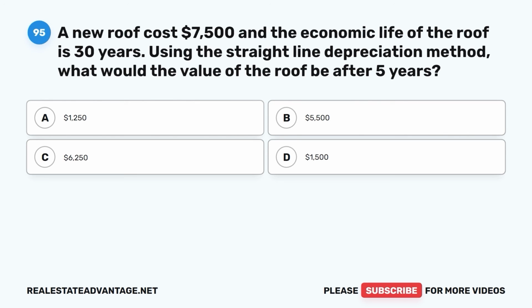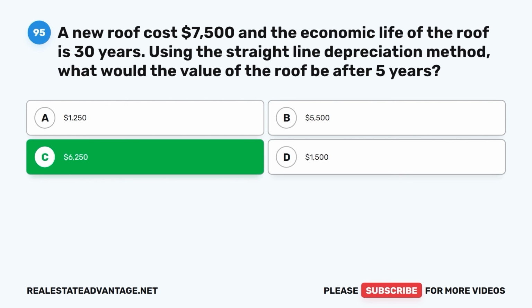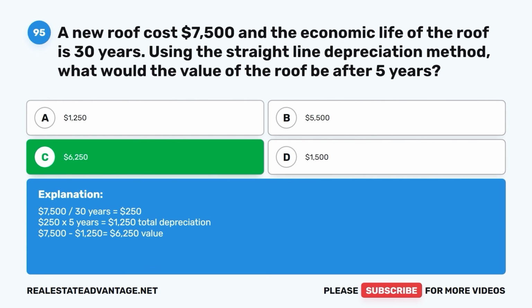Question 95. A new roof costs $7,500 and the economic life of the roof is 30 years. Using the straight line depreciation method, what would the value of the roof be after 5 years? A. $1,250. B. $5,500. C. $6,250. D. $1,500. The correct answer is C. $6,250. $7,500 divided by 30 years equals $250. $250 times 5 years equals $1,250 total depreciation. $7,500 minus $1,250 equals